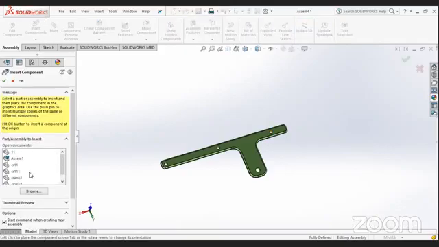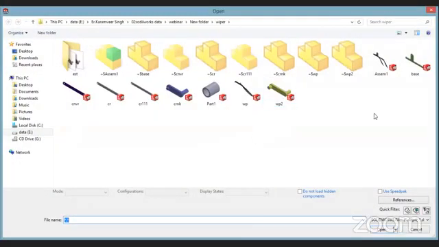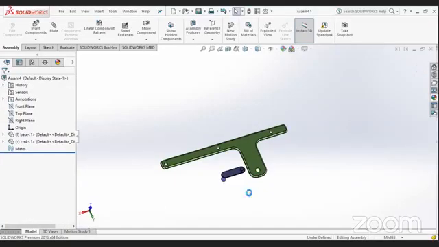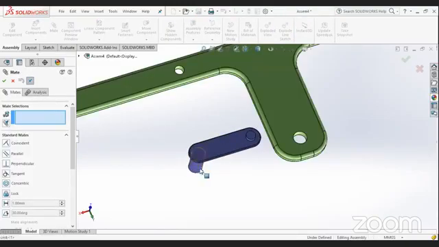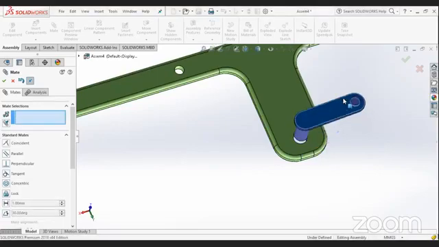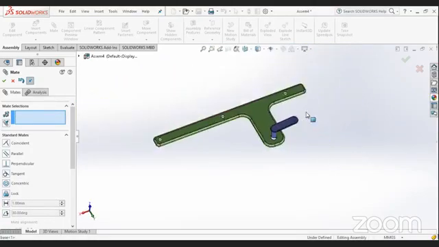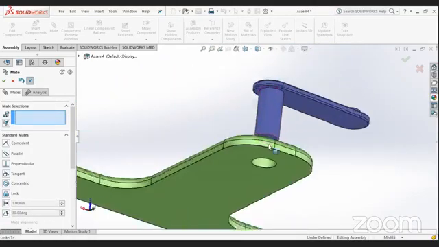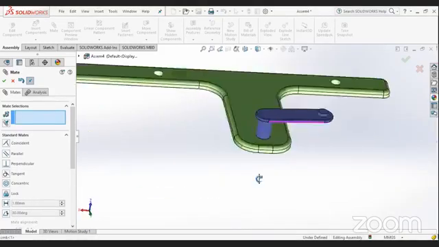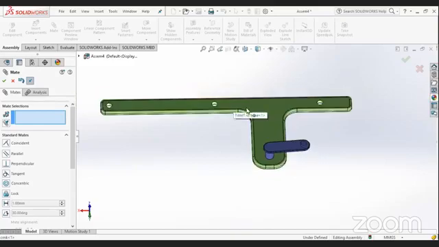So insert again. What I'll be inserting now is the crank. This one is for water. This face and this face. Okay, again, just hole and shaft.